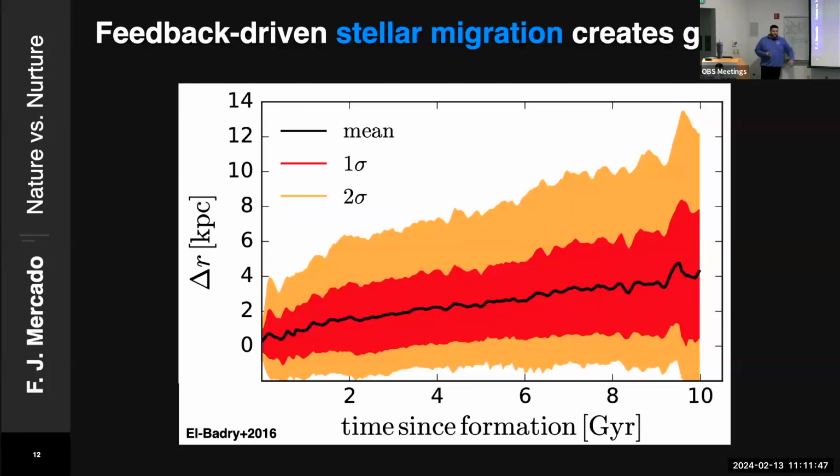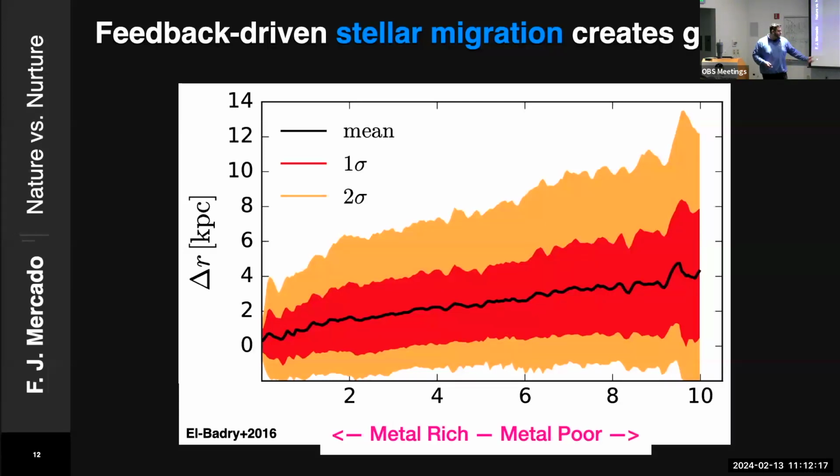This is a figure from Karim El-Badri's 2016 paper that looks at some of the FIRE simulations and shows that for these FIRE galaxies going through these cycles of star formation, stars that have lived through more of these cycles will preferentially migrate further out than their younger counterparts, the stars that have lived through fewer cycles. And so if we assume that the older stars are metal poor while the younger stars are more metal rich or more enriched,